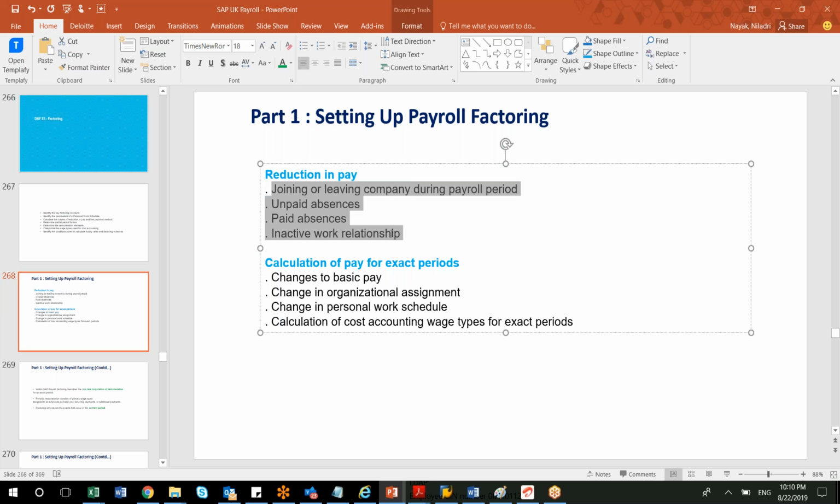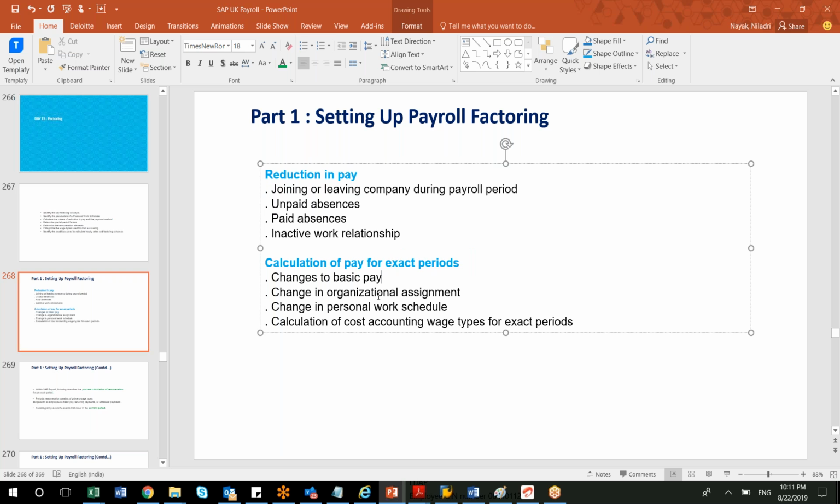Similarly, there can be another scenario, the calculation of pay for exact periods. In this case, suppose you are continuing in the same organization, but after an appraisal there is a change in your basic pay. Generally these kinds of changes happen at the beginning of the month, the first of any particular month. If that is not the case and, for some reason, your change in basic pay happens in the middle of the month, or, as a second scenario, a change in organizational assignment, such as a transfer or promotion, happens in the middle of the month,